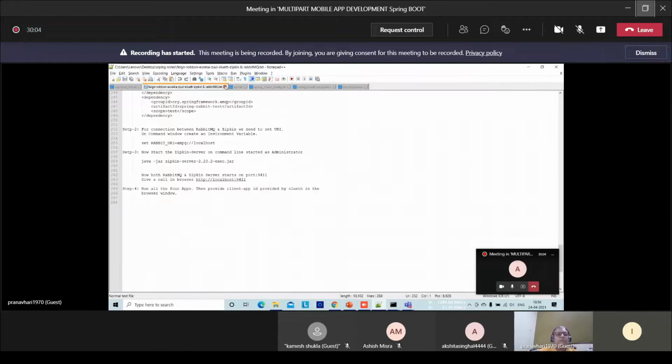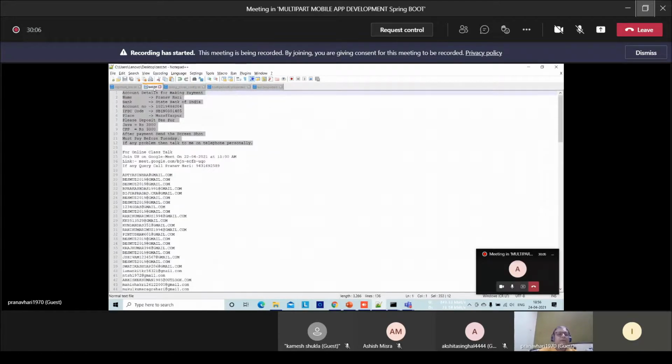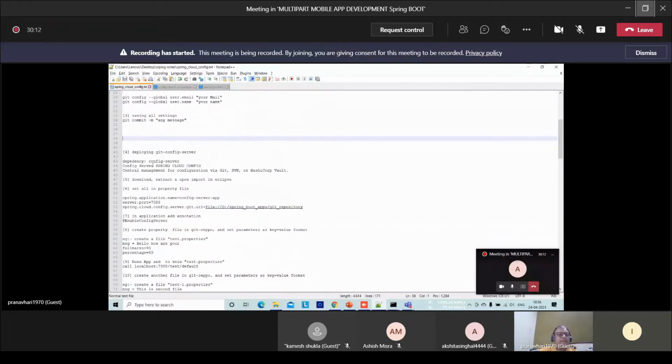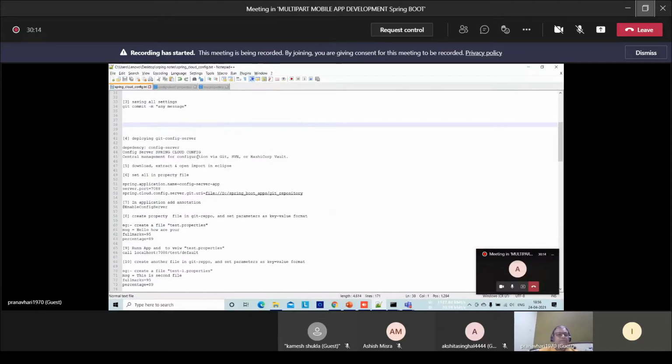Let me close all those files that are making problems. Okay. Once that is done, for deployment of the server, what do we have to do? We have to download a Spring project from Spring IO. We have to set up this dependency called config server, and you have to create the application, download, extract, and import into Eclipse.